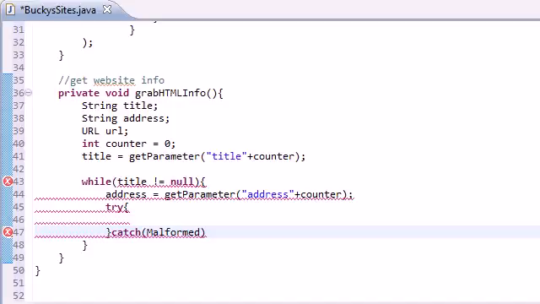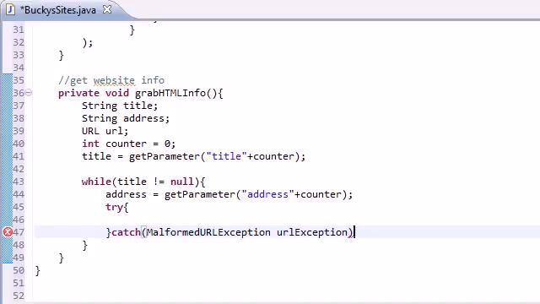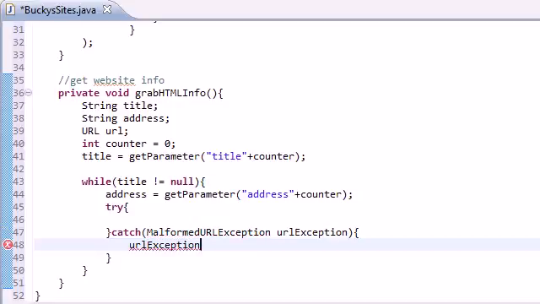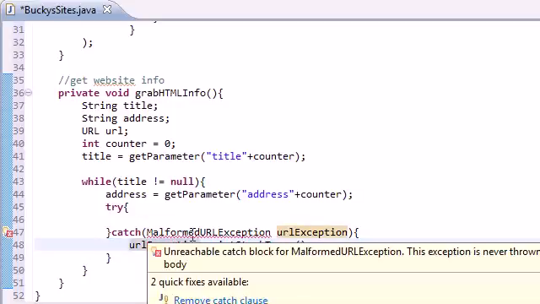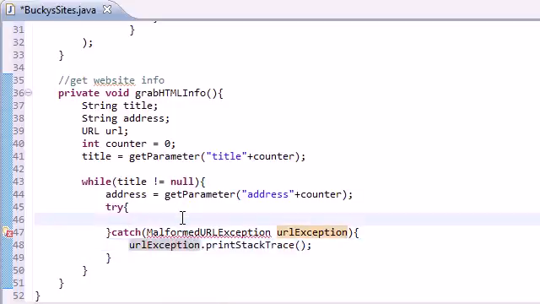Malformed. I have to make sure I spell this right. URL exception, and I'll just name this URL exception, and might as well handle this. So URL exception, we'll just print stack trace. There we go. So basically, now that we handled, why does this say... Oh, I need to go ahead and write some try code in here. Alright, so now that we took care of the catch, which is pretty much housekeeping